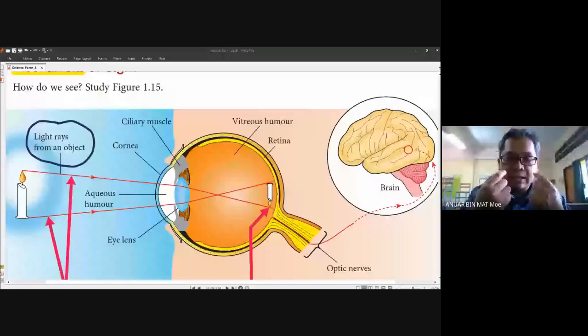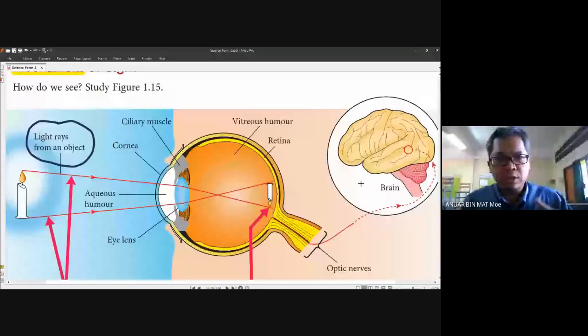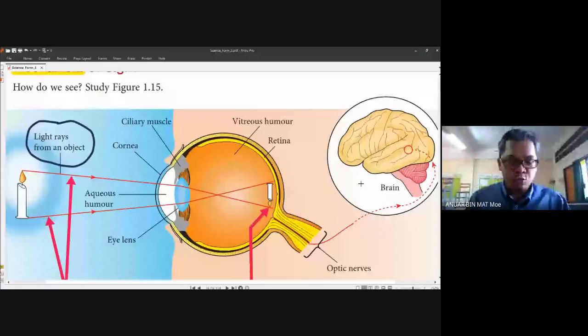It is the light, because light will enter the eye, and then the light will enable us to see the object. So light is the stimulus for the mechanism of sight. Because if there is no light, we cannot see, right? For example, in the middle of the night, when you go to your room and close all the windows and all the lights, you cannot see anything because there is no light. When there is light, you can see.